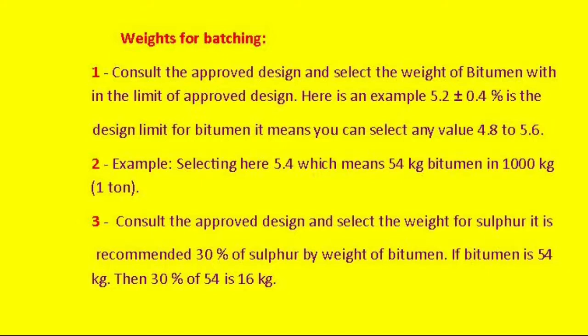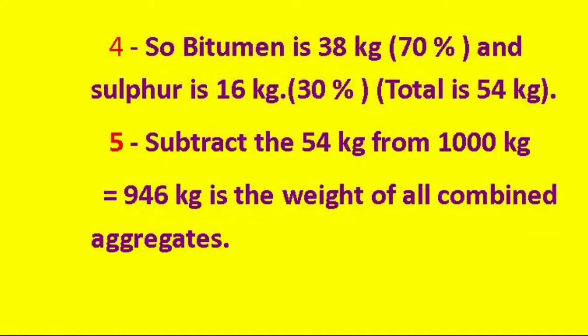It is recommended 30% of sulfur by weight of bitumen. If bitumen is 54 kg, then 30% of 54 is 16 kg. So bitumen is 38 kg, which is 70%, and sulfur is 16 kg, which is 30%. So total is 54 kg. Subtract the 54 kg from 1000 kg, which will be equal to 946 kg, is the weight of all combined